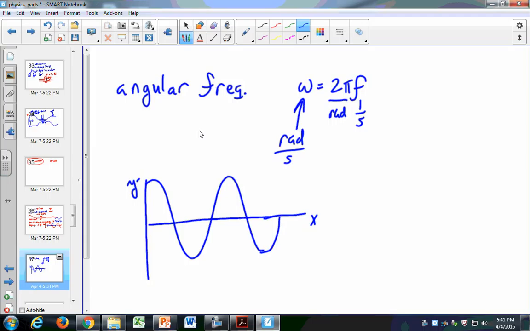Here we can show a couple of other things about this wave. One is the wavelength. The wavelength is the distance from this point to this point. So this distance is one wavelength. Now, be careful, don't get this confused with period. Period and wavelength are similar. In fact, a wave travels one wavelength in one period, because a wavelength is a complete oscillation. But they're different because this is a different kind of graph. This is not time on the x-axis. Instead, this is x displacement on the x-axis.